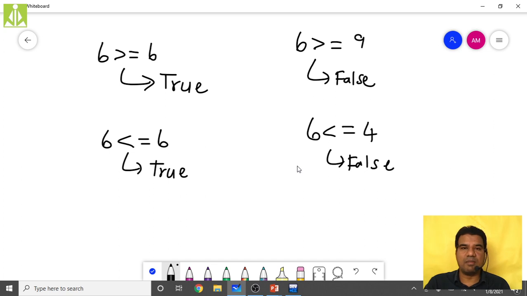So like this, you can remember all the arithmetic relational operators. And one more thing: if you are using either the lesser than symbol or greater than or equals to, both will give the same meaning. Or if you are using the greater than symbol or less than or equals to, both will give the same meaning. They are just the inverse, or replaceable operators. In place of less than, you can put greater than or equals to. In place of greater than, you can put less than or equals to. Both will give the same meaning.